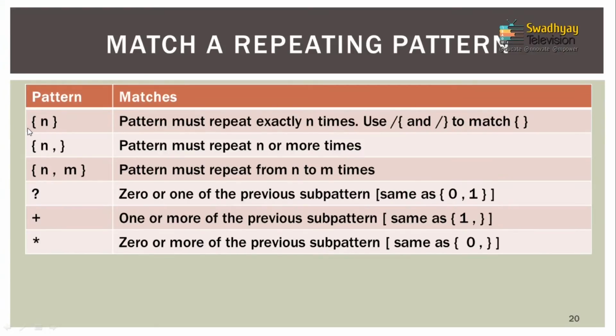To match opening curly braces or closing curly braces, you can use a backslash. Now, n and comma in curly braces means the pattern must be repeated a minimum of n times, and the maximum can be any number of times, but minimum n is compulsory. If n comma m in curly braces, where each is a digit, the pattern must be matched minimum n times and maximum m times. A question mark is very similar to 0 to 1, meaning minimum 0 times, maximum 1 time, or you can say it is optional, because 0 means no pattern is matched.